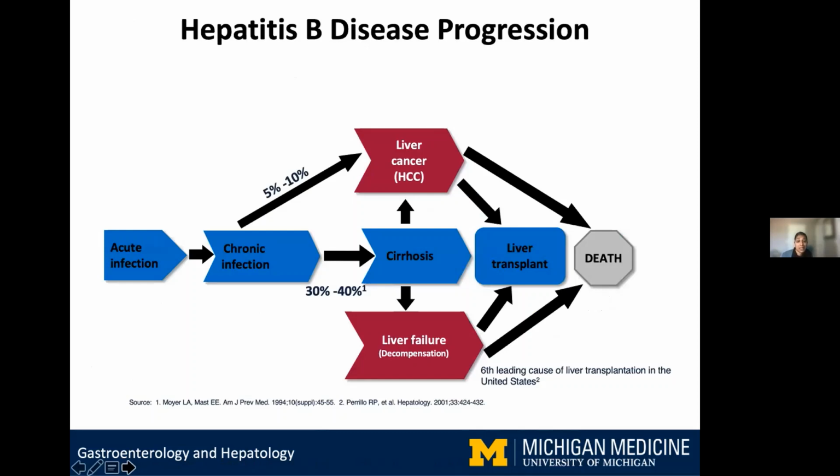So hepatitis B can cause chronic liver disease. And what that translates to is acute infection can go on to become chronic infection, and that's largely influenced by the age at which you acquire the infection. And that can then increase your liver cancer risk independent of cirrhosis. And then certainly with cirrhosis, you can have a higher risk of liver failure, need for liver transplant, and or